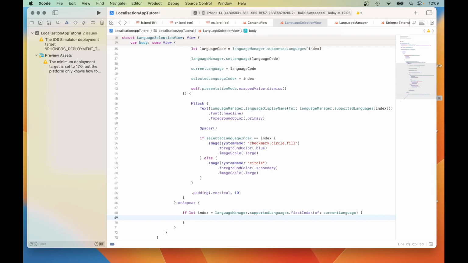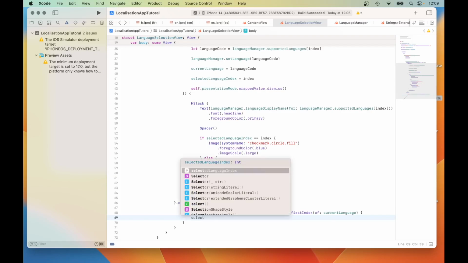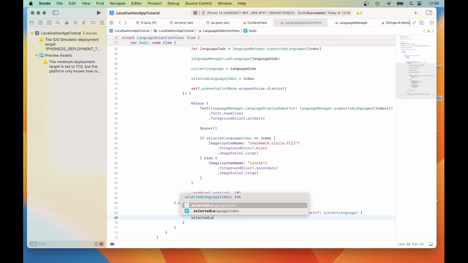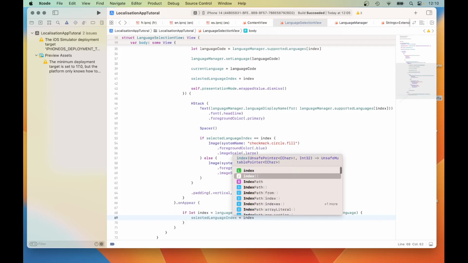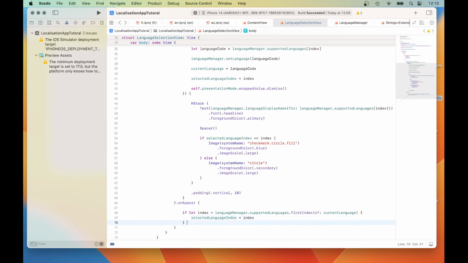So what we're trying to do there, we're trying to find the index of the current language in the supported languages that was selected by the user. So if that's true, then selectedLanguageIndex is equal to index, else